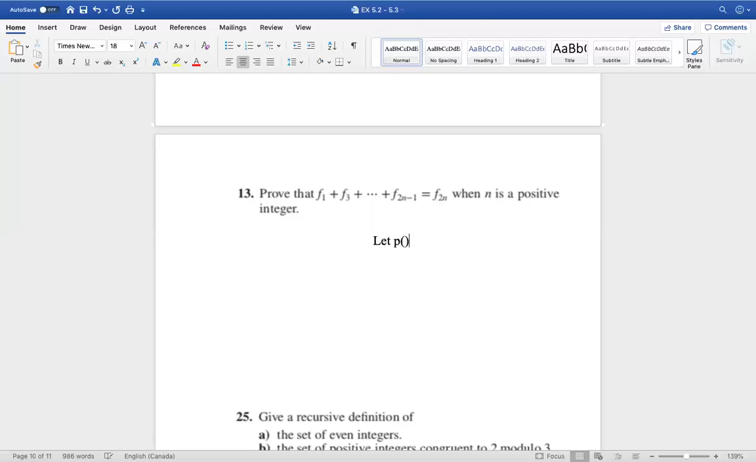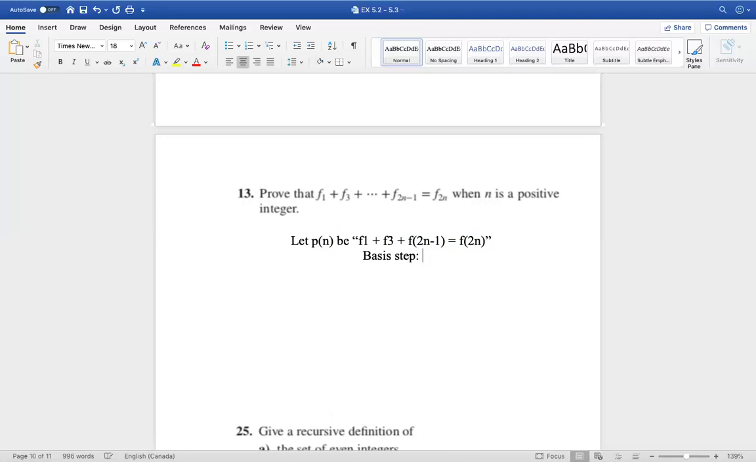So just like any other proof, we'll assume what P of n represents. So let P of n be this thing over here: f of 1 plus f of 3 plus up to f of 2n minus 1, which equals f of 2n. Okay, so we are basically representing this P of n just like this. I'm just writing it this way, okay? So it basically represents this here. Now we have the P of n representation, and then we will define the basis step. So what's going to be the basis step? We know that P of 1 is true